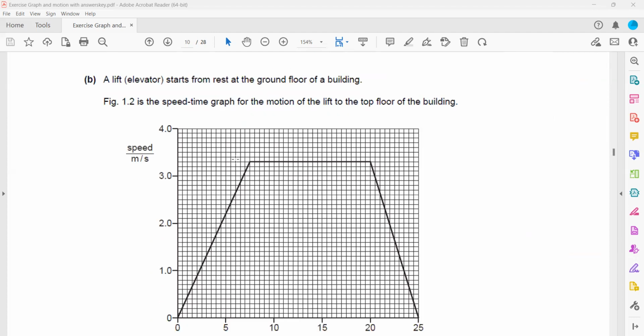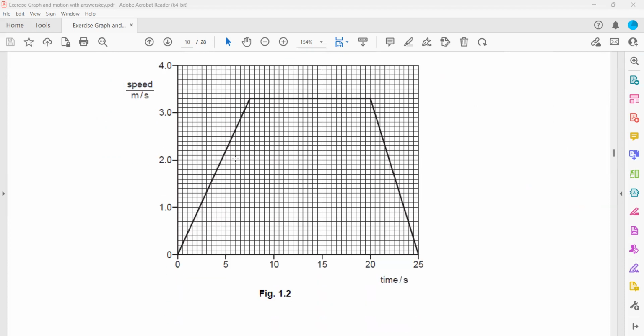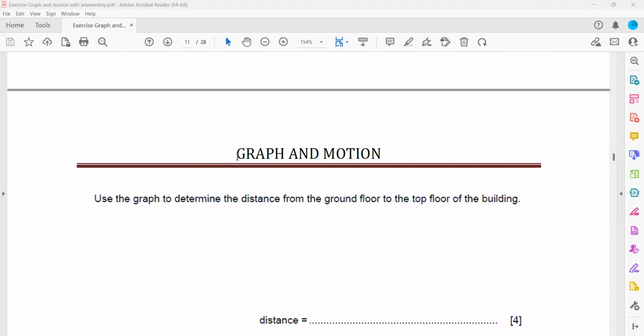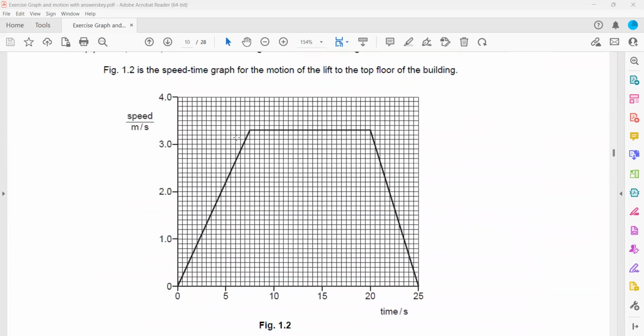A lift with elevator starts from rest at the ground. Figure 1.2 is a speed time graph. Use the graph to determine the distance. How to calculate a distance from a speed time graph? Whenever you have a speed and time graph and you want to calculate a distance, the formula is area under